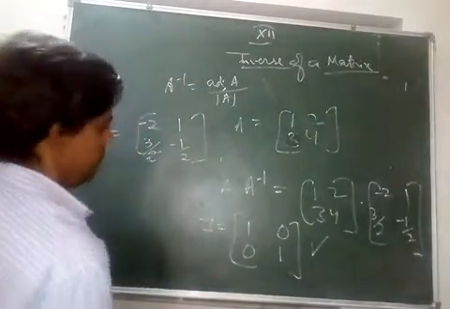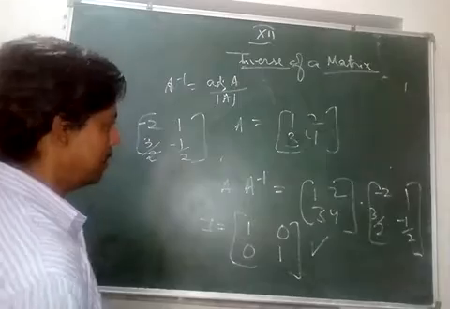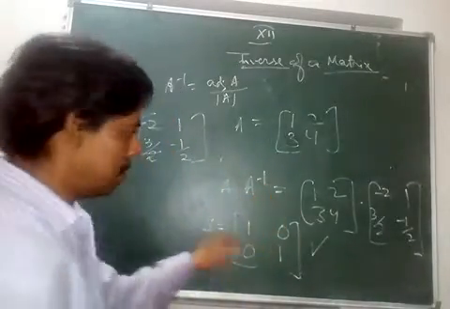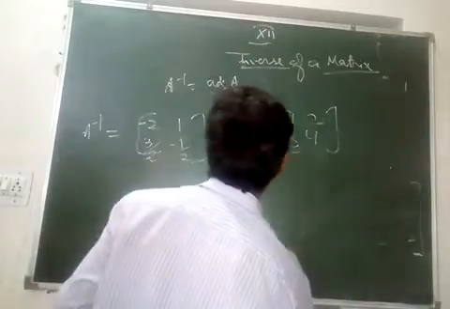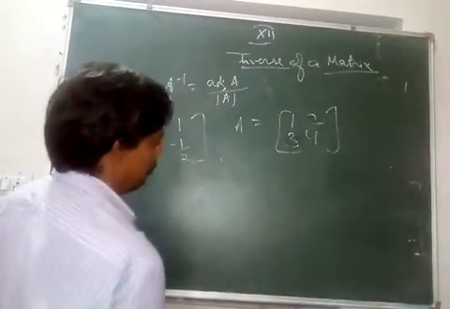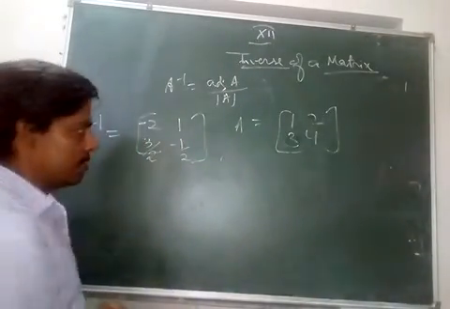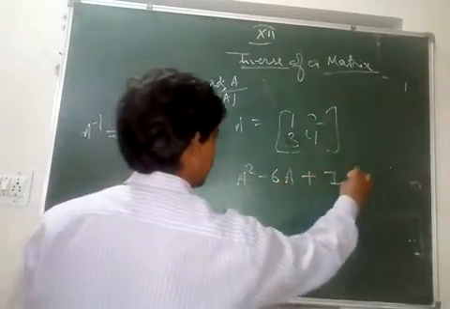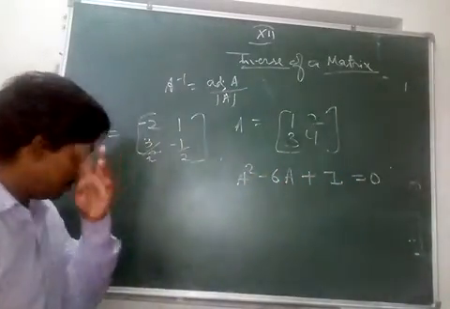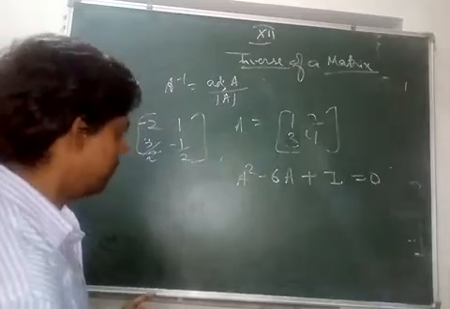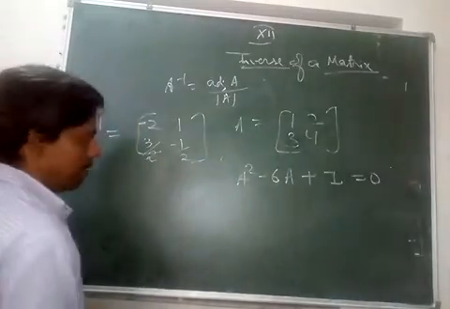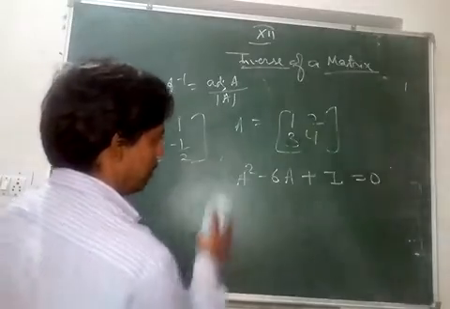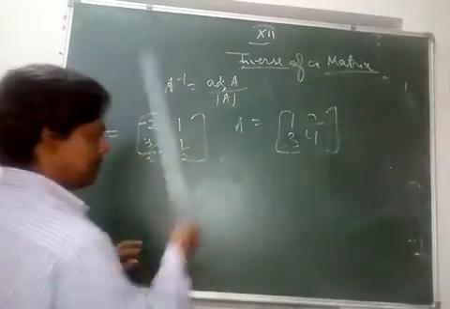Okay. Another property. There are many such properties. Now this is one property: A into A inverse is equal to I. What else can you find from this? Sometimes they ask you the value of an expression, and you might get something like this to be 0. Let's see which one of these is 0. We need to find A square first. Let's check, we don't know if it's 0.